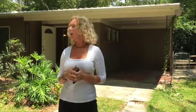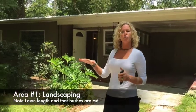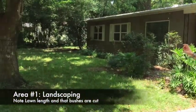Hi, so we just walked through and did a move-in inspection on this house, and now I'm just going to kind of explain some things that I feel are important when you're documenting the condition of a property, whether it's move-in or move-out. So we talked about the lawn, and it's important that I pointed out that we've had a